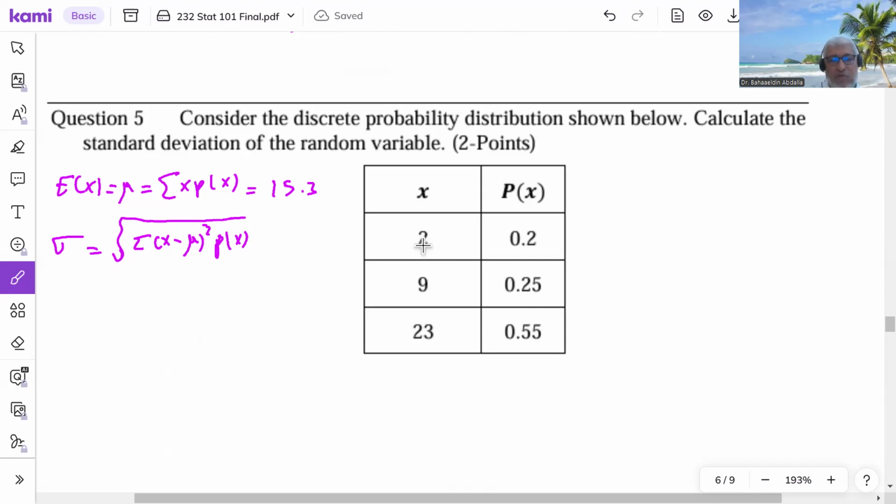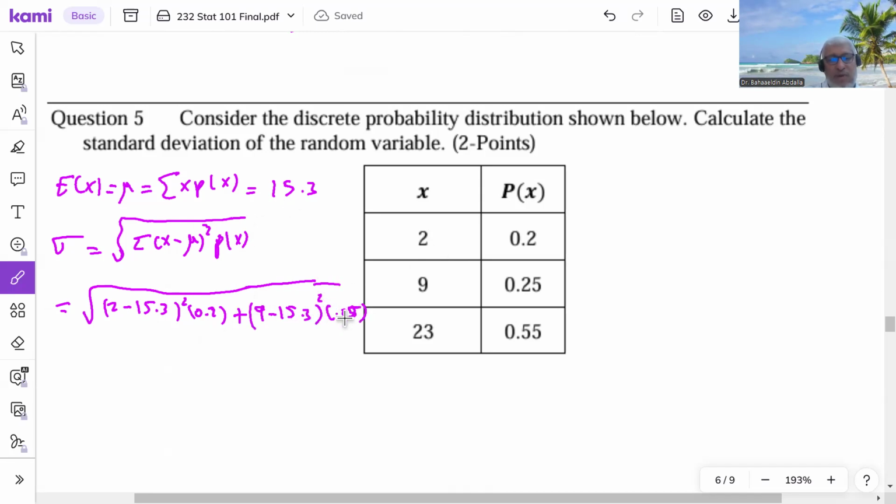So I need to find 2 minus, so it would be the square root of 2 minus 15.3 squared times 0.2 plus 9 minus 15.3 squared times 0.25